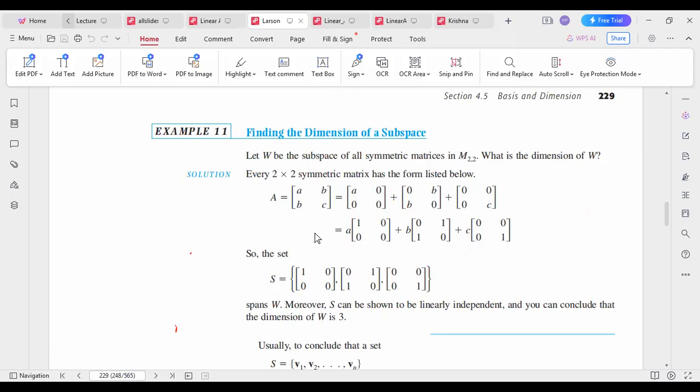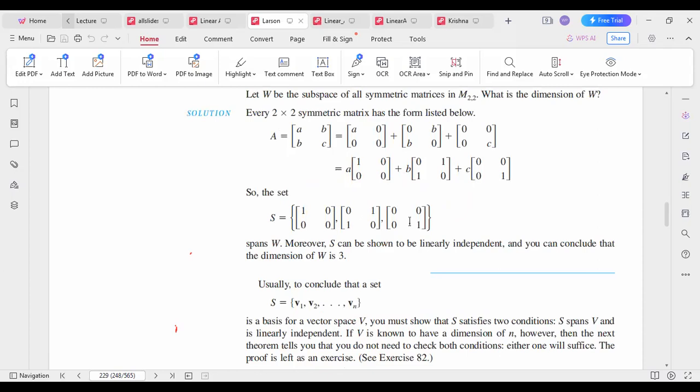Now finding the dimension of a subspace with matrices also, where a matrix can be written as a linear combination with 3 scalars a, b, c. So S equals this matrix, this and these sets. The set of matrices spans W. So S can be written as a linearly